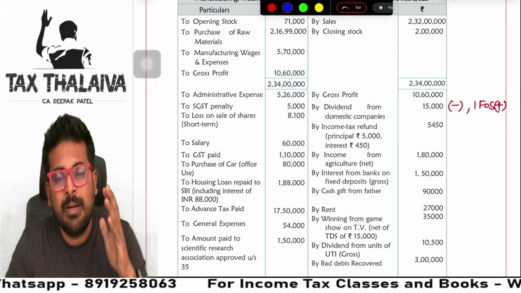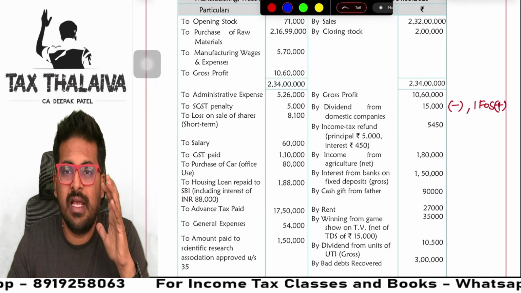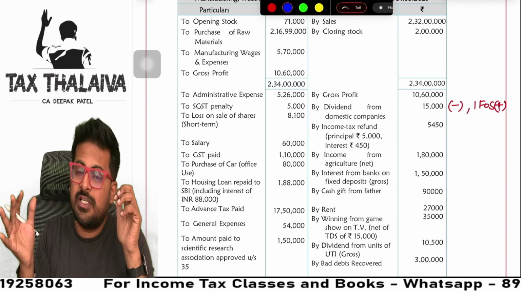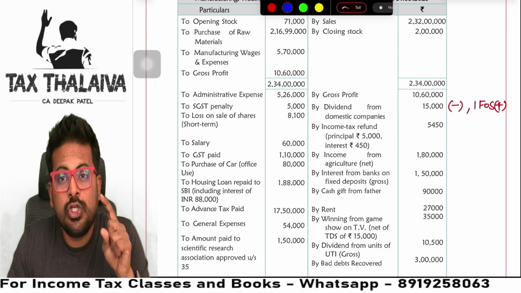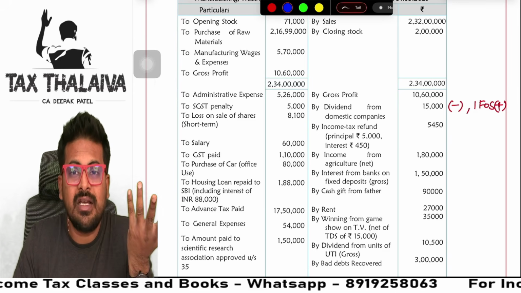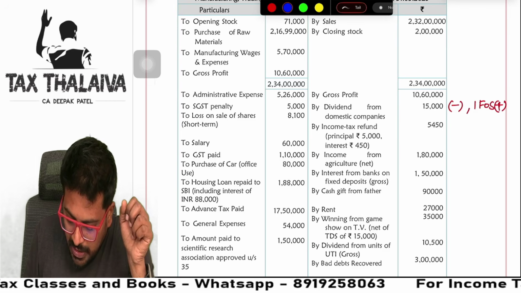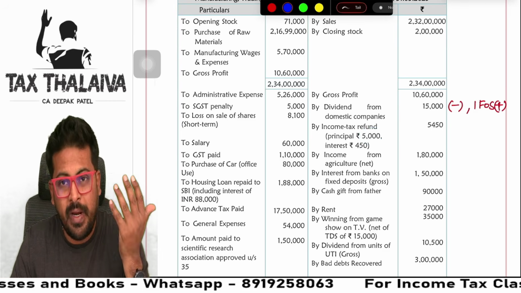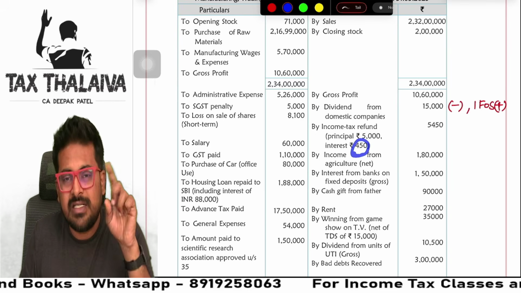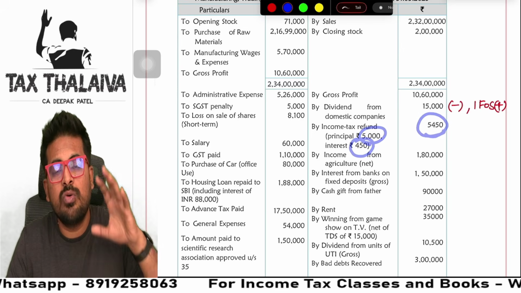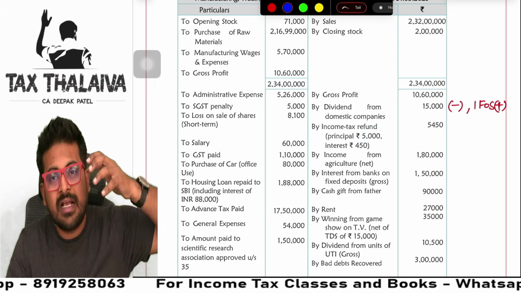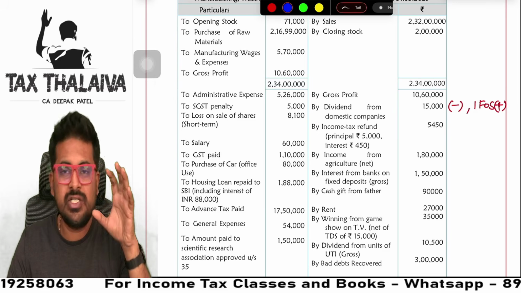But say for example, I paid 5,000 excess to the government 6 months back. Now after 6 months, the government is giving me back the 5,000. Would you agree? There is an opportunity cost for 6 months. Where is the interest? So the government will not only give you the 5,000 rupees which you excess paid, it will also add interest and give it to you. So 5,000 plus 450, you are getting 5,450 rupees as income tax refund,